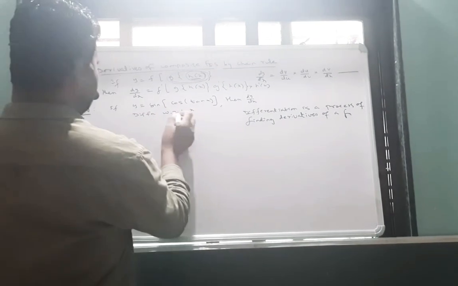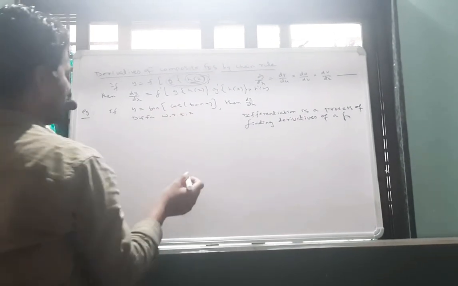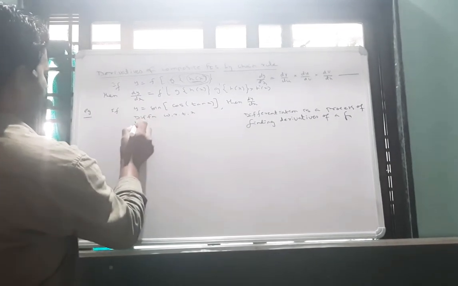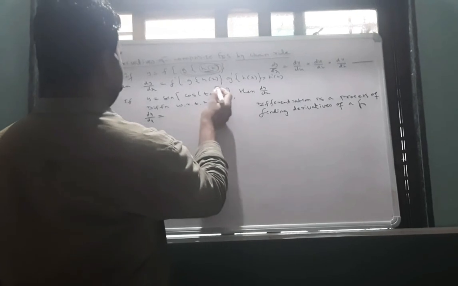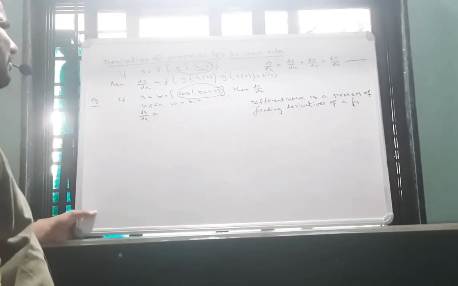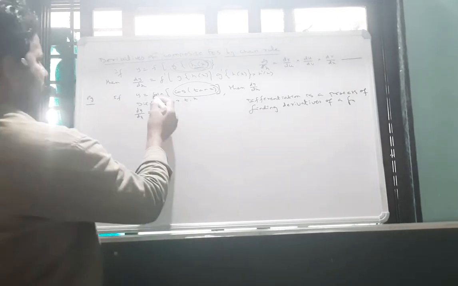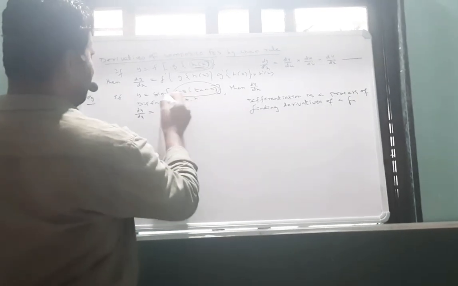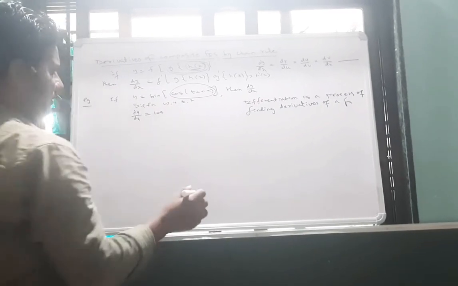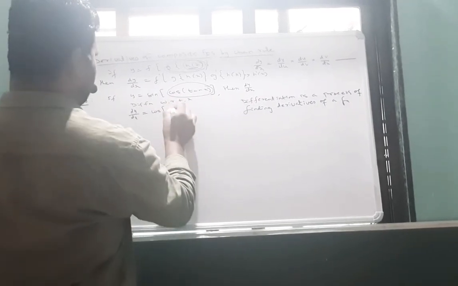So differentiating a function with respect to x on both sides means we have to find the derivative of y with respect to x. That is dy by dx is equal to, we assume this cos of tan x is u, or simply we can consider x. If it is assumed as x, it becomes sin x. The derivative of sin x is cos x, and x is nothing but cos of tan x.